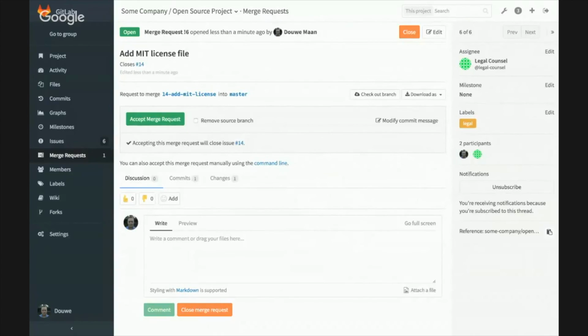Like I mentioned before, we have already released version 0.1, and we want to release version 0.1.1 as well to include this license. In master, however, which is the target branch of this merge request, we have been working on a lot of new functionality that is not quite done and ready for release yet. So in 0.1.1, we do not want to include all of those changes, but we do want to include this MIT license